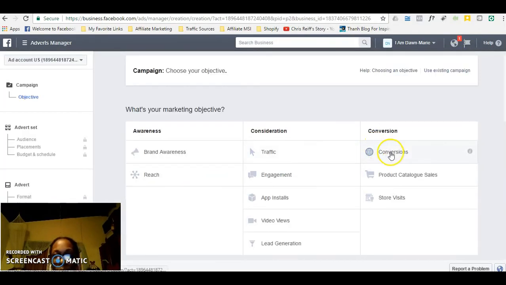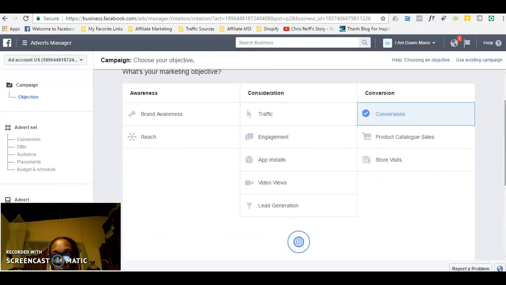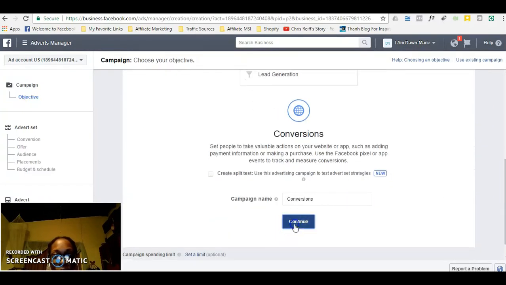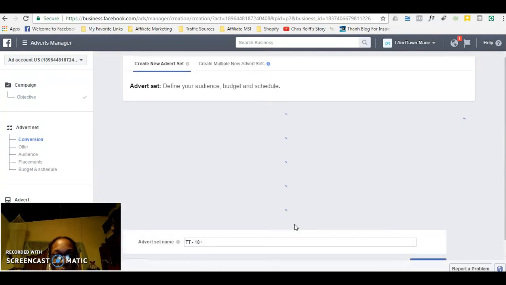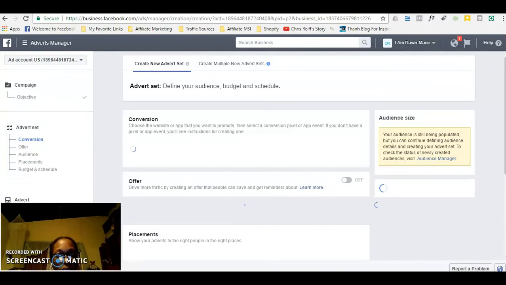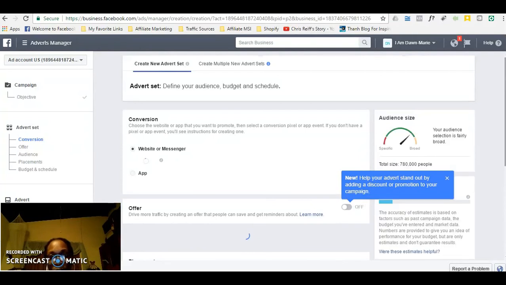So we start here by going to conversion. So let's say, for example, we are asking Facebook to optimize for conversions. I'm just going to go through this quickly so you can see what I'm speaking about. So we are here in the conversion table where Facebook allows us to create our ad, and when this is finished populating, I'll show you exactly what I am going to do and how you can find more interests to target.